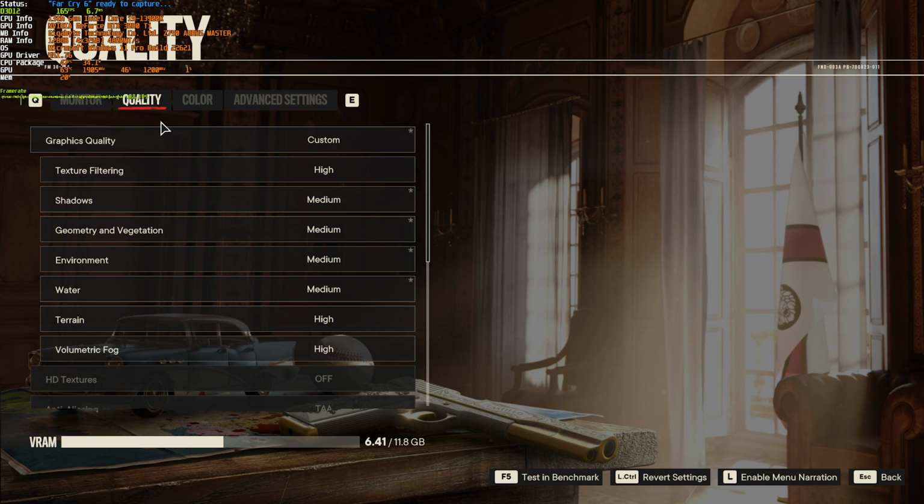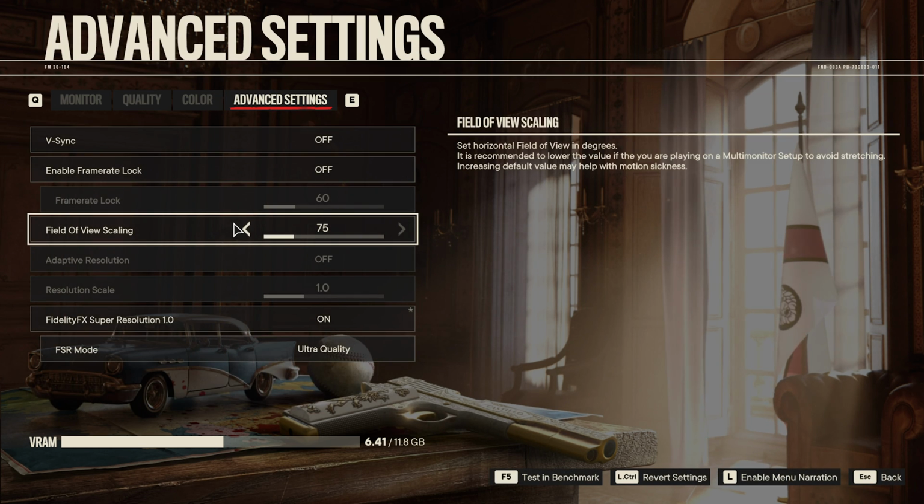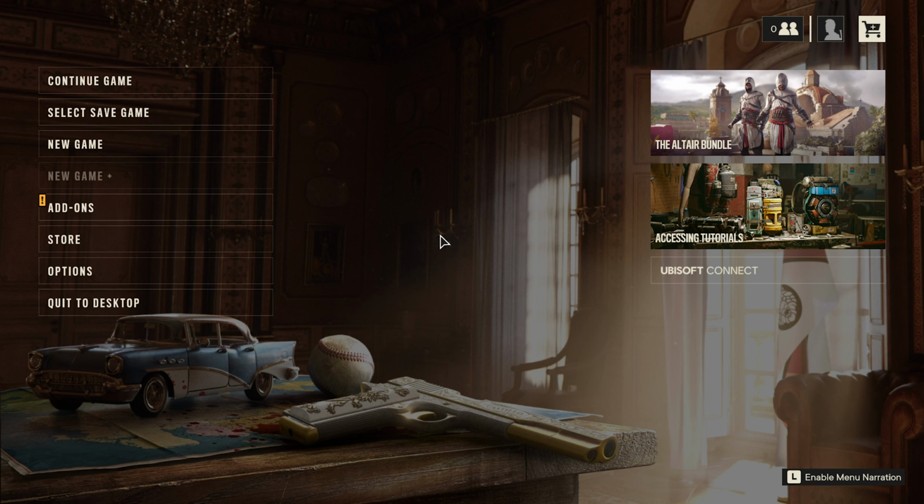The rest of the options are pretty much entirely your preference, especially when it comes to field of view, etc. While these all may technically affect your performance, I'd recommend setting them to whatever you like and playing the game as is. If you'd like to see my previous optimization guide where I go into a lot more detail, you